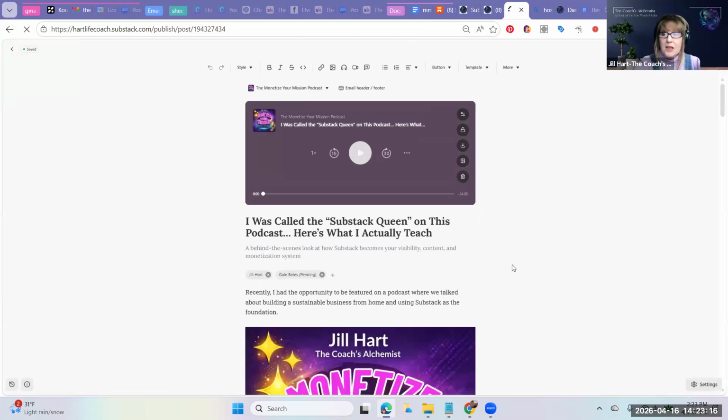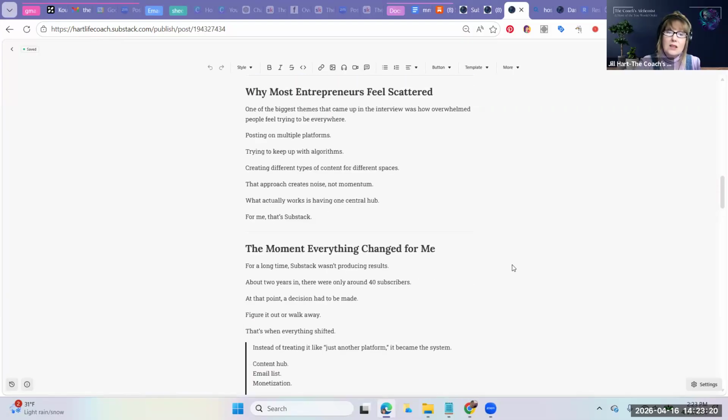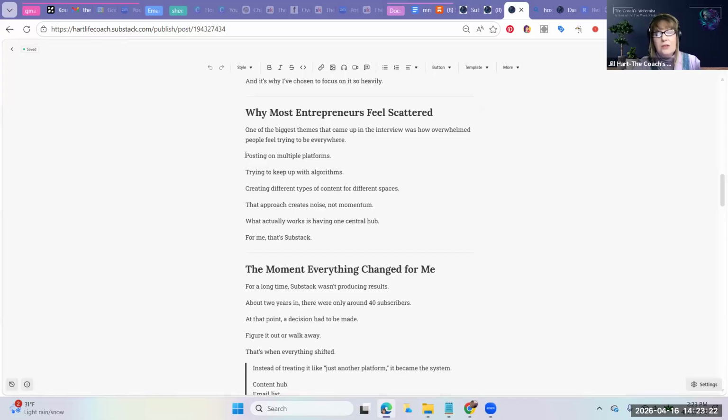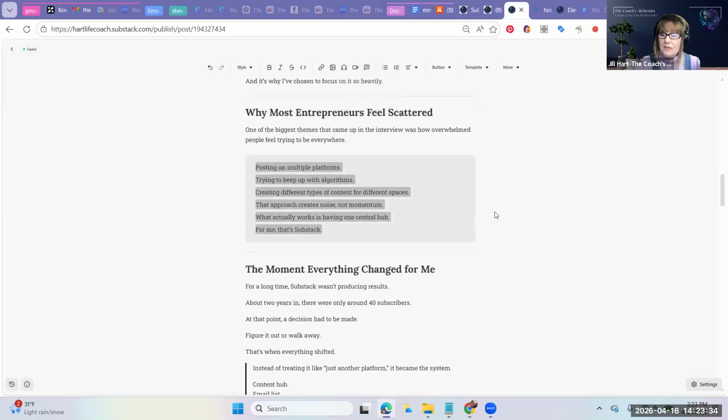When you're creating your post, you're like, oh, this is a great thing. I want to make this a call out. And so you highlight it, and then you come over here to this little quotes thing, and we're going to click that. And this is the call out block. So it will make that content stand out.